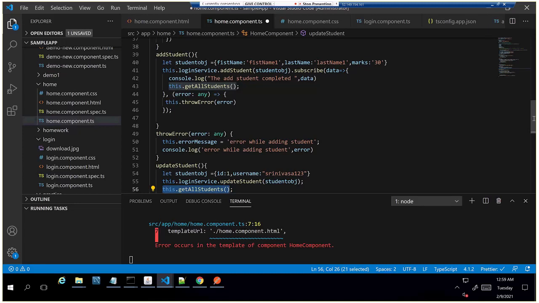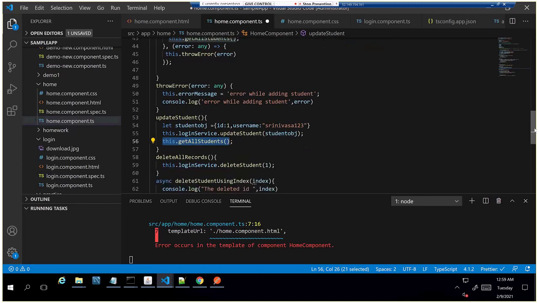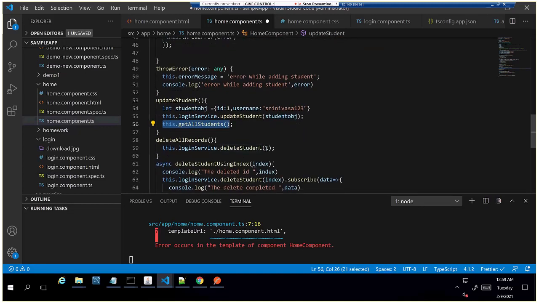Use that student list, iterate using a for loop and delete, and instead of passing one, pass all the student IDs so that it will delete all the records. Got it? And that student ID, if you're passing, it only receives a single item there. Now you may need to use an array of items and then delete there, right, Srinivas?